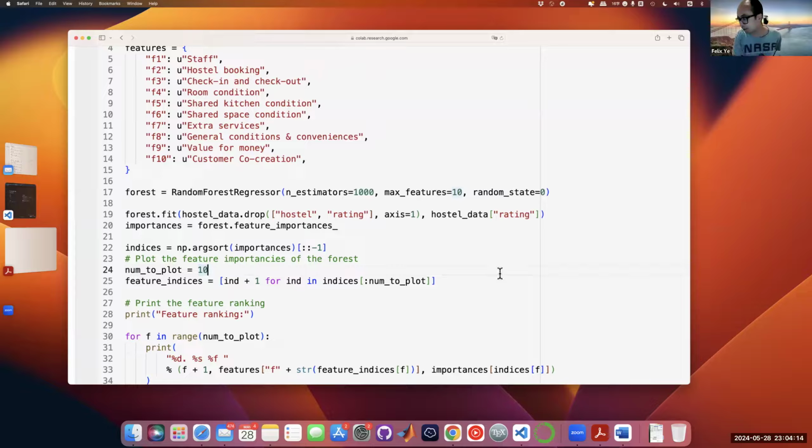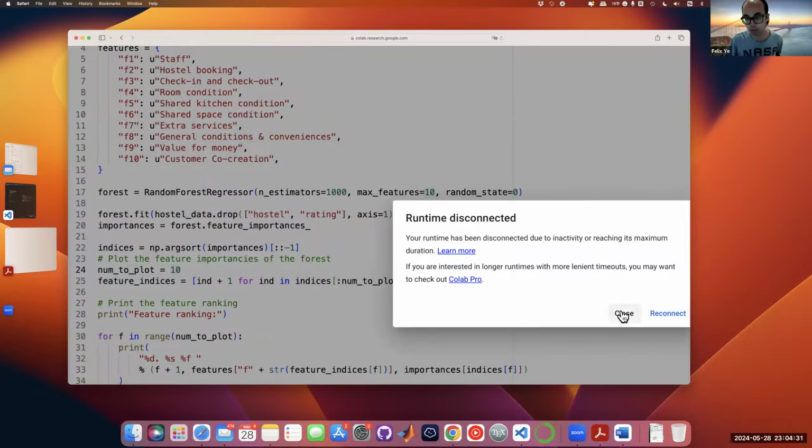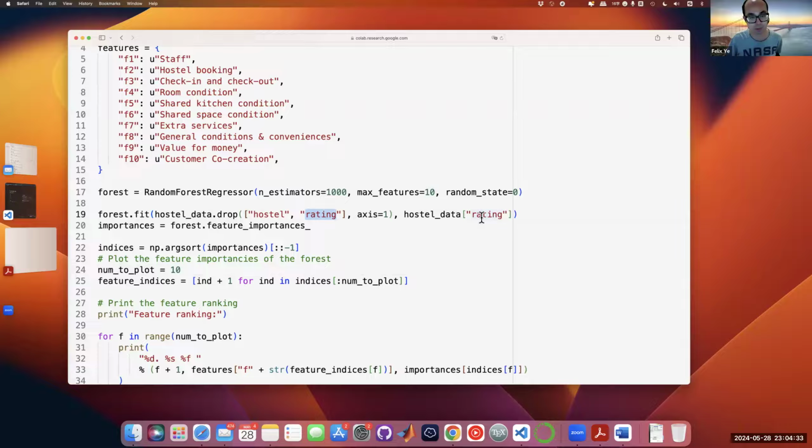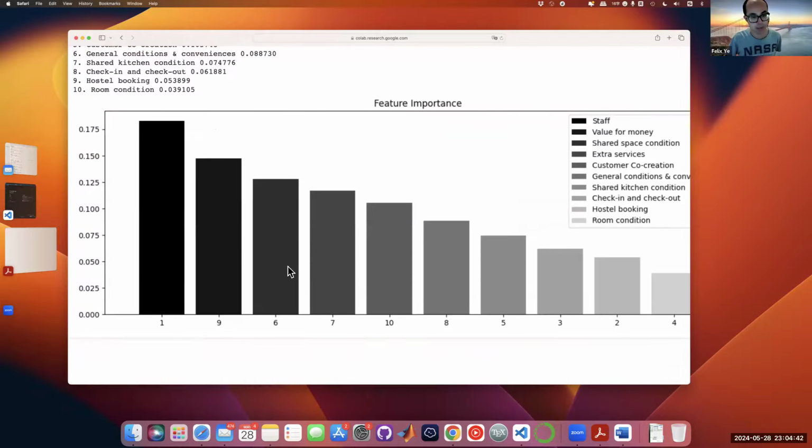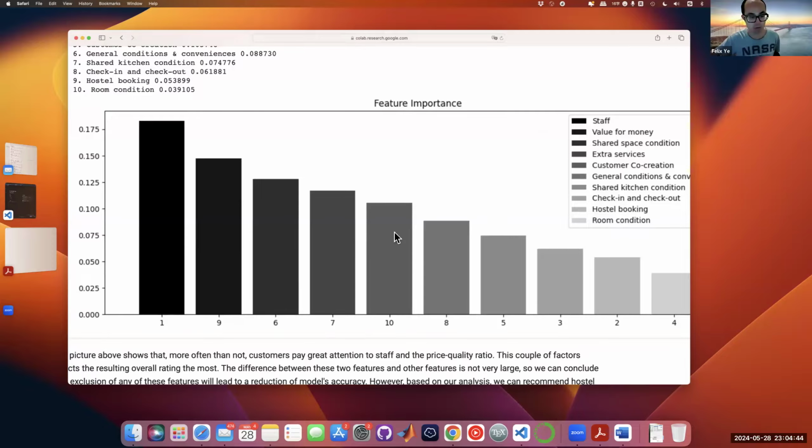But I think with the, yes, and then the maximum features that we choose is 10. Then we drop out this rating, which is my predictions, which is my target. Then we're going to fit the data and just calculate these importances right here. With these predictions, it can tell you